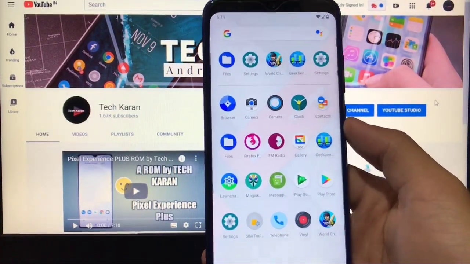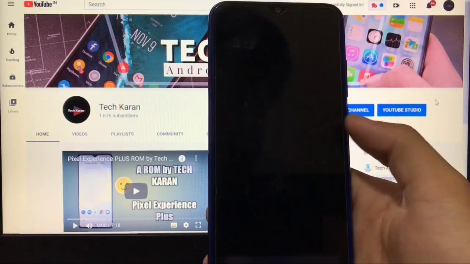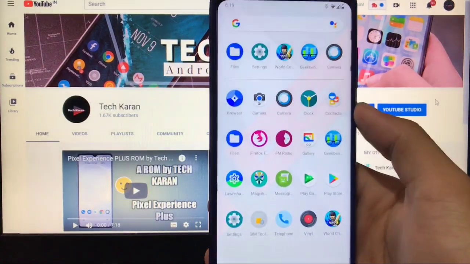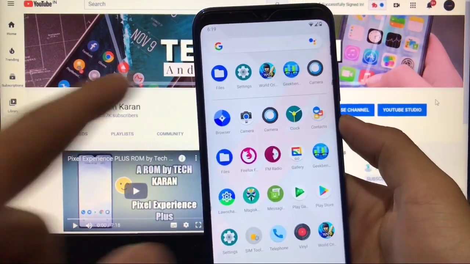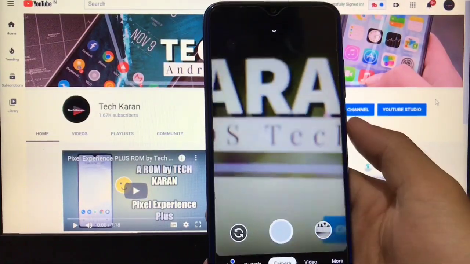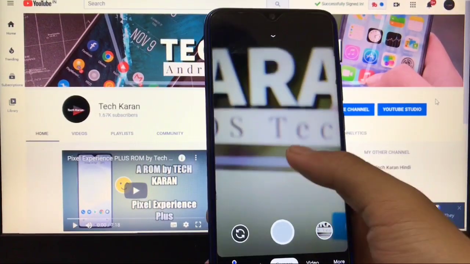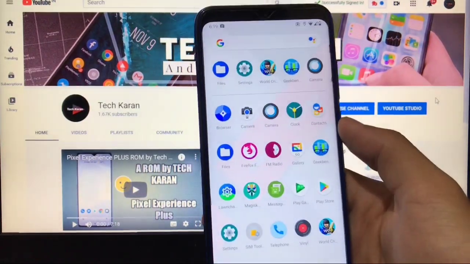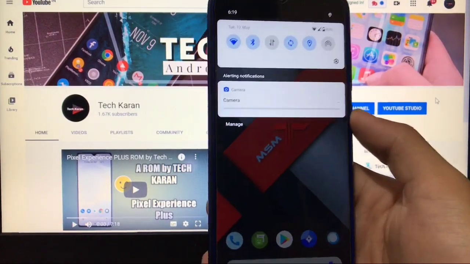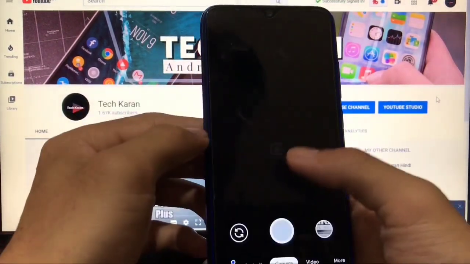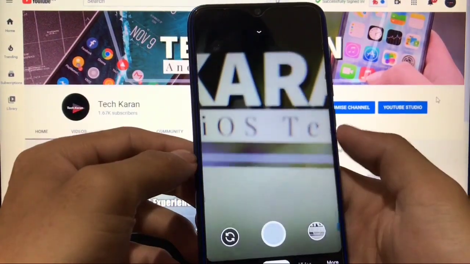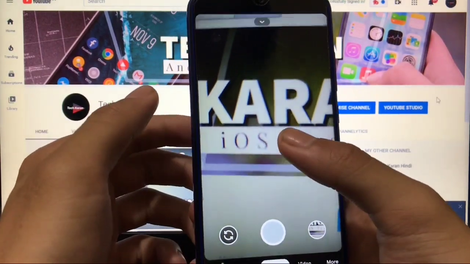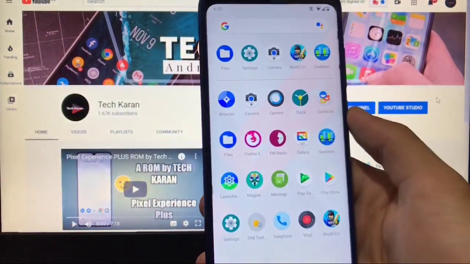Let's move on further and check out the camera. The default camera, as expected, is the Snapdragon camera. ANX camera is removed from here, so it is not pre-installed. But if you want to use Gcam, you can use Gcam. I'm using Gcam 7.0, but one of the main drawbacks is you can't use HDR+. You have to compromise with HDR+. I've tried a lot of times. Whenever you click photos with HDR+, your photos will be in pink mode. As you can see, when you open the photos, these are in pink mode. So that's the main issue. You have to compromise with HDR+.